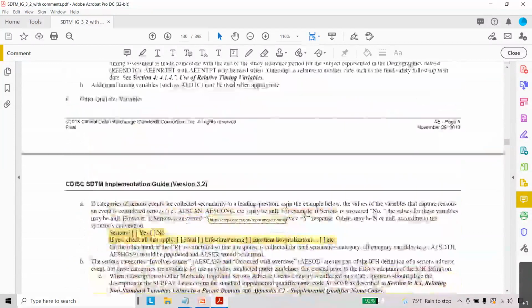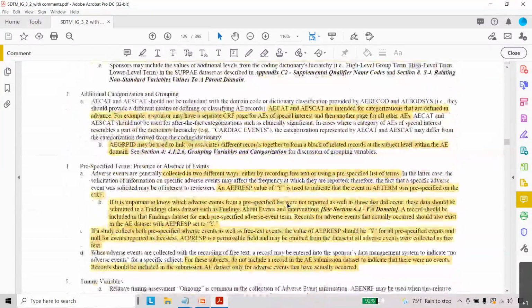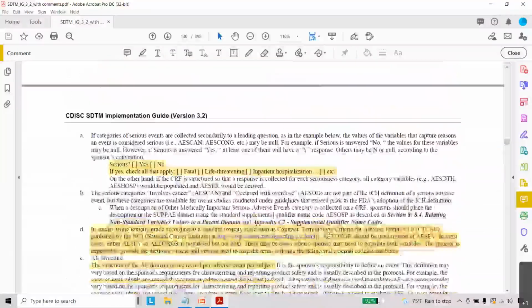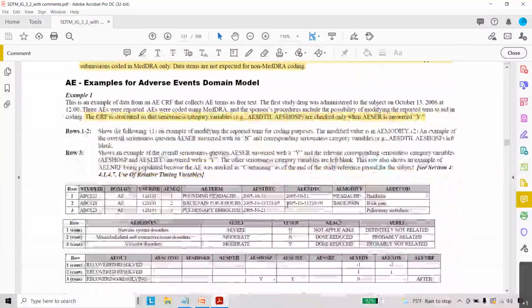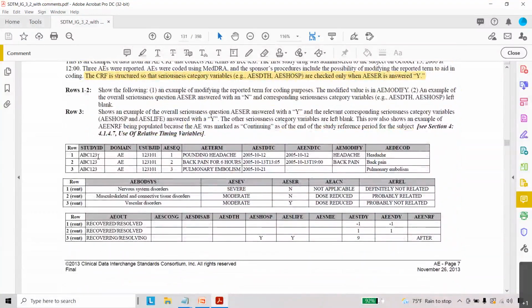I clearly explained each and every variable, and read this assumption so that you will get a good understanding of the adverse event section, and also try to read the examples here. Consider this your dataset at the theory level, and you can see why these values are populated and why these values are not populated. Just think, based on the variable values.